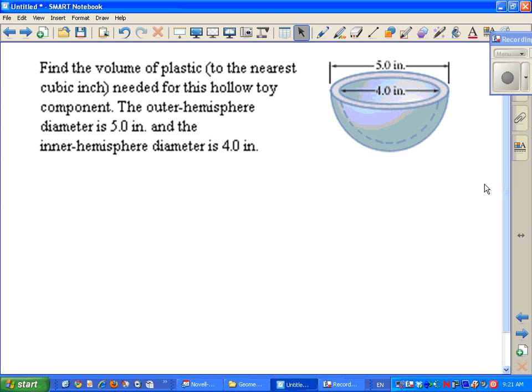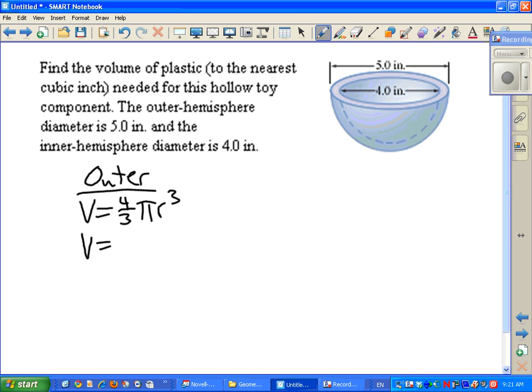So here we have a plastic part of a toy. If you have a Buzz Lightyear at home, he has a plastic helmet that goes over his head. And so what we're going to do is use the same strategy we used in the last one to find the volume of this, except we're going to find the volume of the outside, and then the volume of the inside half of a sphere, and then we're going to subtract the two. So let's start with the outer shell, and volume equals 4/3 pi r cubed,